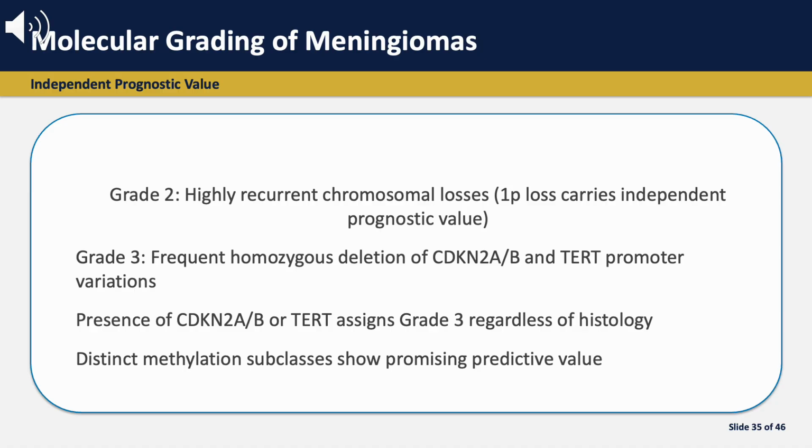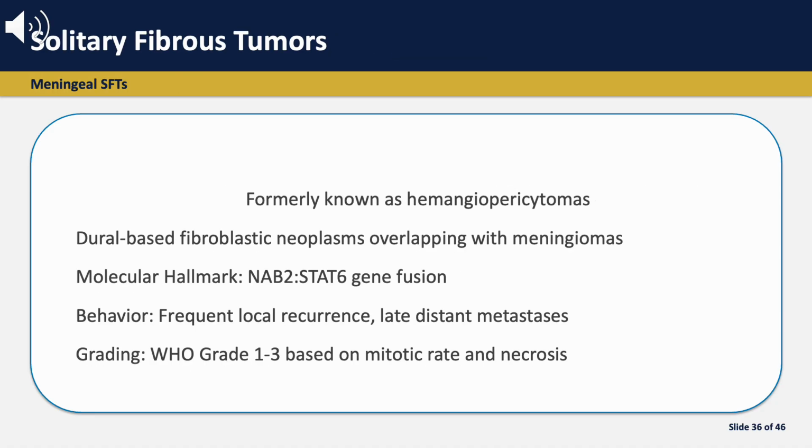Although not yet employed clinically, distinct methylation subclasses of meningiomas have been described, which also show promising predictive value. Solitary fibrous tumors, formerly known as hemangiopericytomas, are meningeal solitary fibrous tumors that are dural-based fibroblastic neoplasms with clinical features that overlap with meningiomas. Like solitary fibrous tumors of the periphery, meningeal solitary fibrous tumors are characterized by NAB2-STAT6